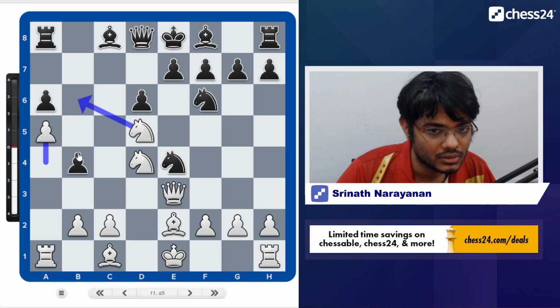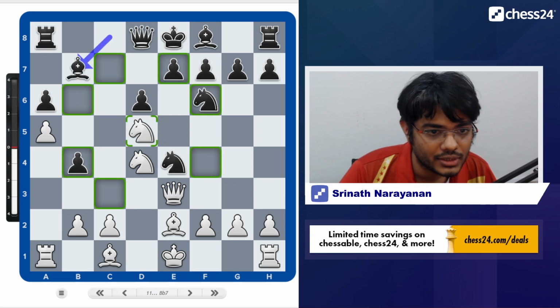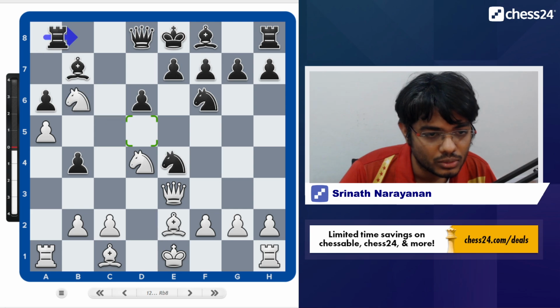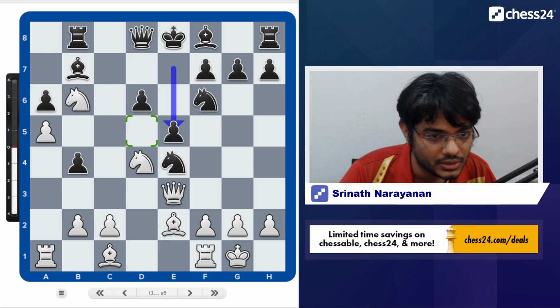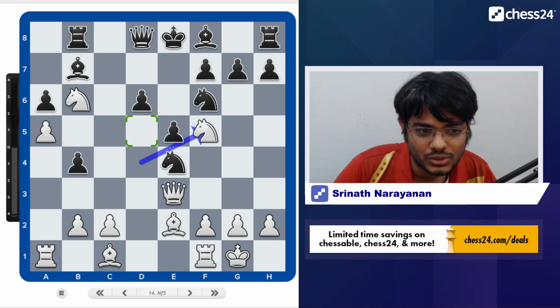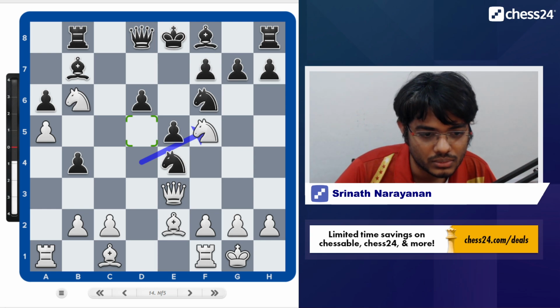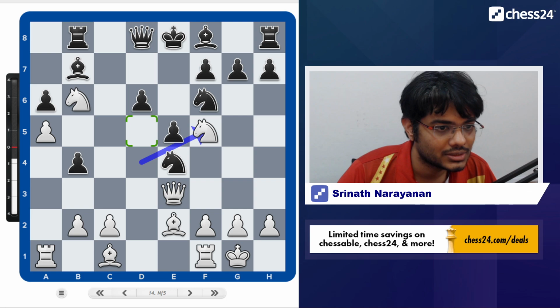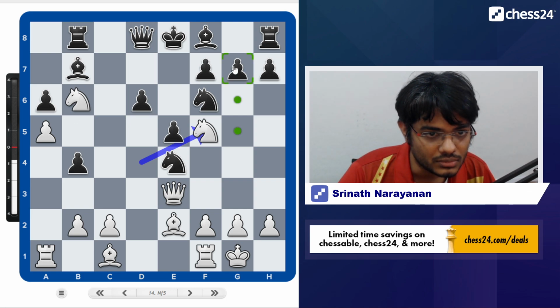For example, if black played something like Bb7, then white can go Nb6, Rb8, castle, e5, Nf5. And it's not entirely clear how black is going to complete his development, since the knight on f5 is controlling the g7 pawn, and black still has to make a few moves to complete his development.